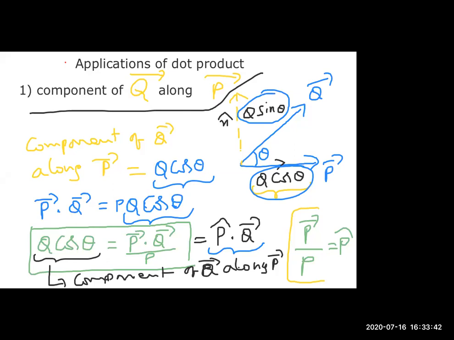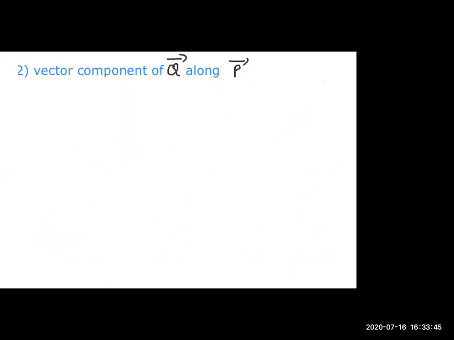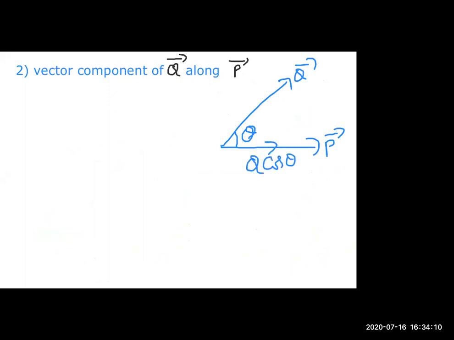Suppose they are asking us what is the vector component of Q bar along P bar. What is this vector component? We observe this is P bar and this is Q bar. The angle between them is theta. Okay, we are happy till here. And we wrote this as Q cos theta. We also know that very well, already just now we observed. And this one is Q sin theta. Fine, you leave that aside.